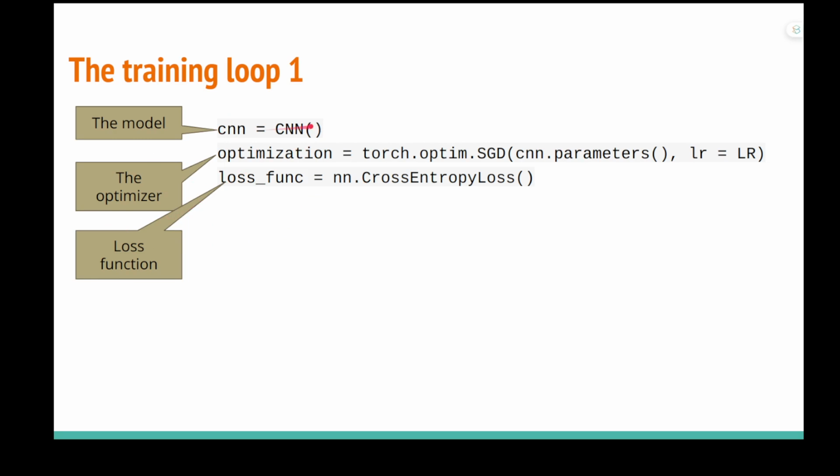So we need to have a model so we can use the model to handle the data, and we need an optimizer. The optimizer is used to check the result generated by the model and compare the result with the ground truth. And then we will use the loss function to do the comparison.